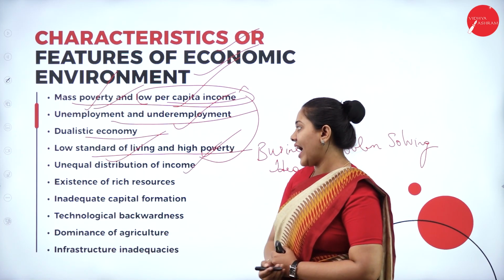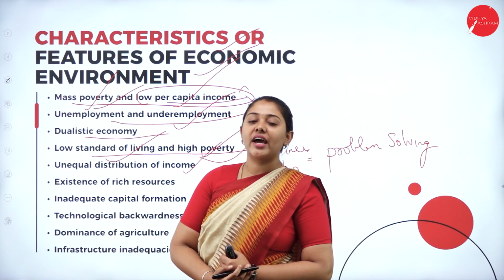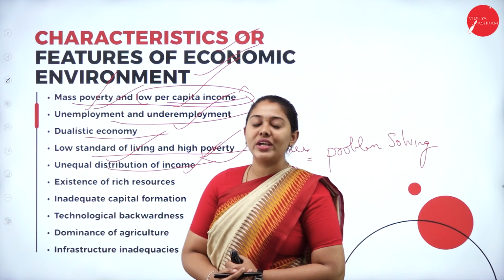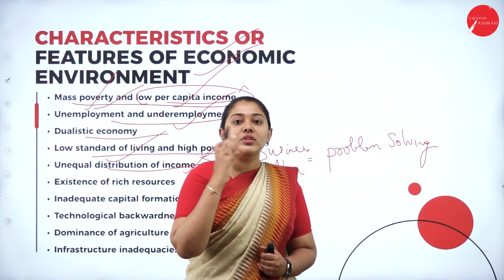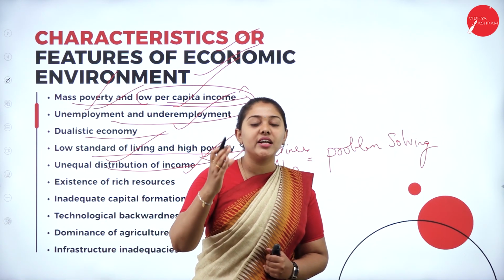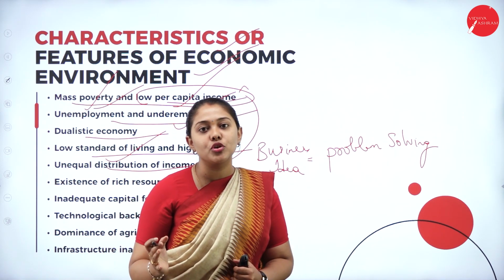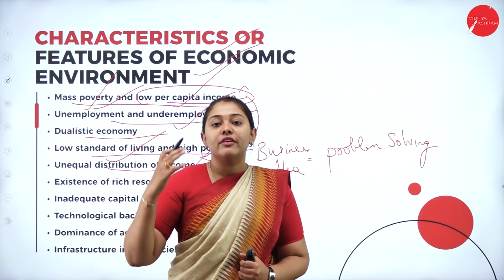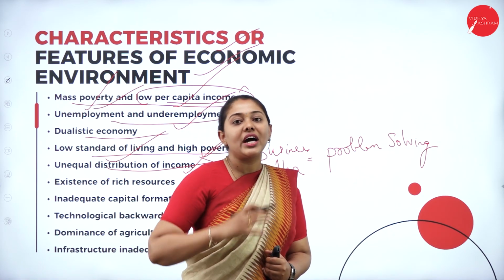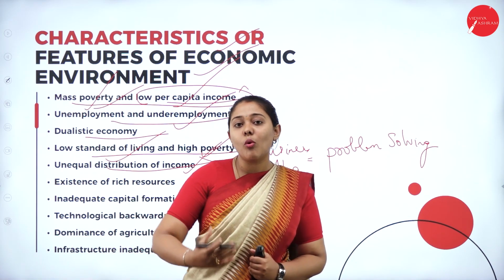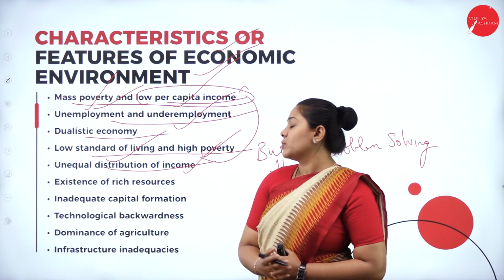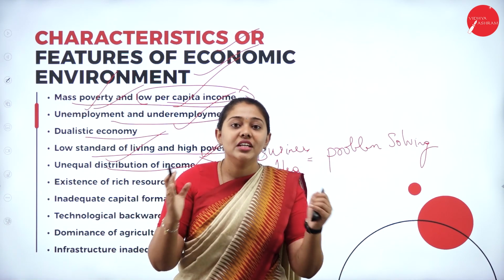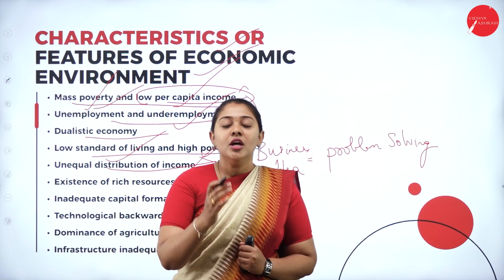The next point is, why is there poverty in our country? Unequal distribution of income. Income is still with one person. Earlier we had a zamindari system, which was abolished during Indira Gandhi's time, and the tiller of the land concept came. All this was the evolution of economics if we go back to our Indian economy. So what is unequal distribution of income? The income is not equally distributed among the people.